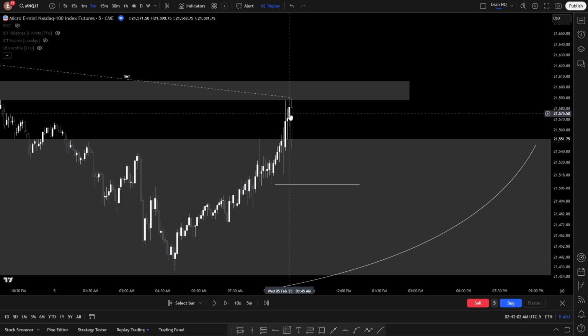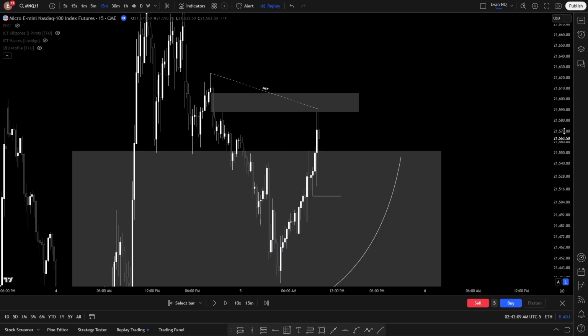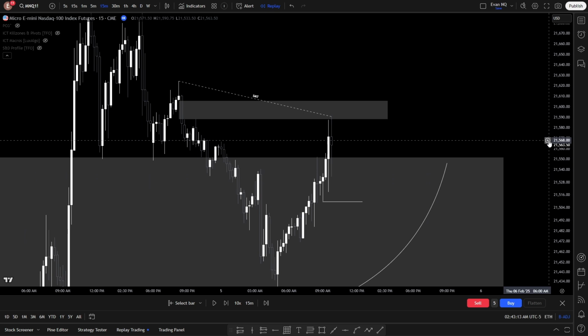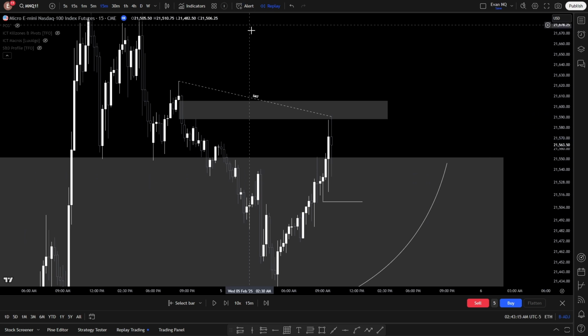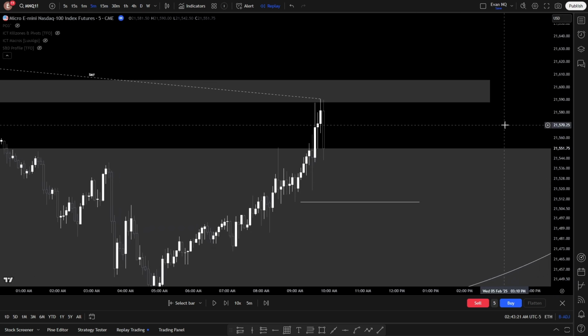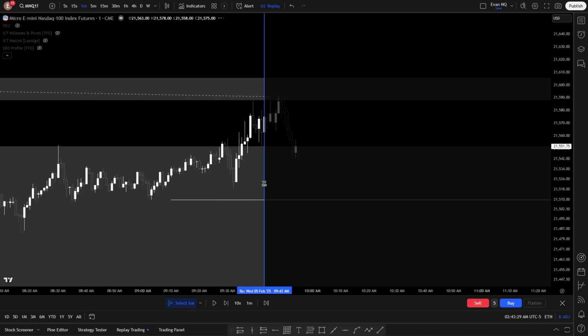So once I saw this higher time frame SMT get put in, and I also knew there was 10 a.m. news, I wanted to wait until the 10 a.m. news came out, then take a trade, because I knew that there was going to be some form of manipulation. 10 a.m. was either going to be a reversal or a continuation. So right when 10 a.m. hit,